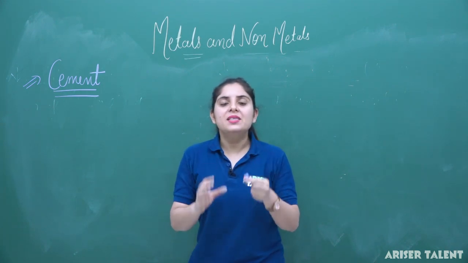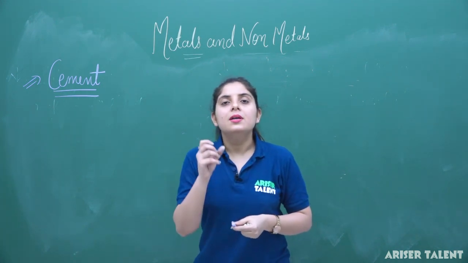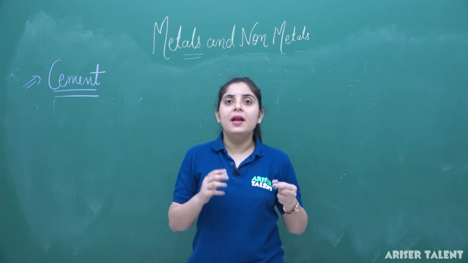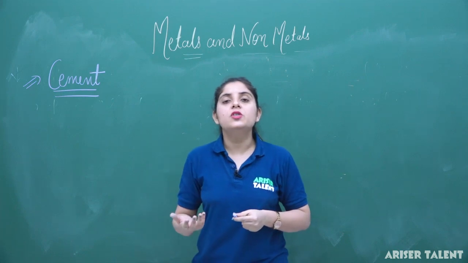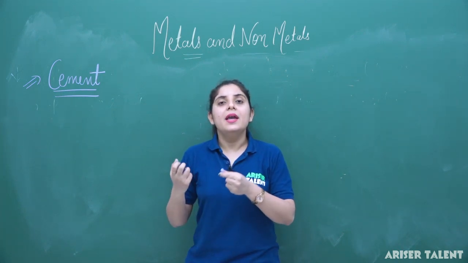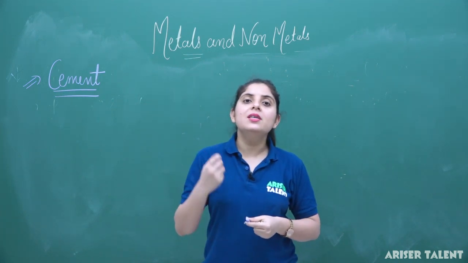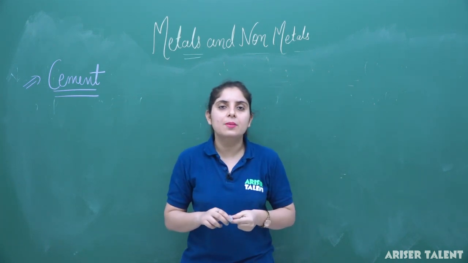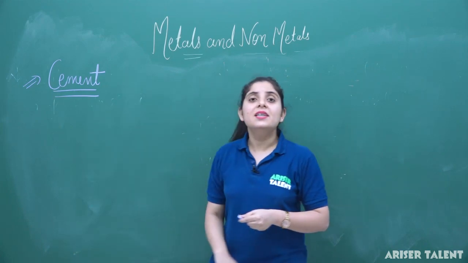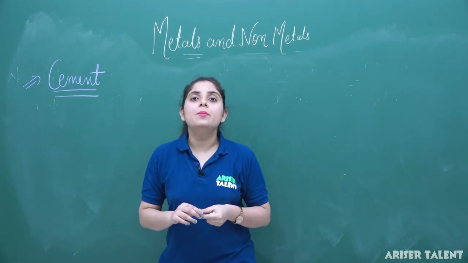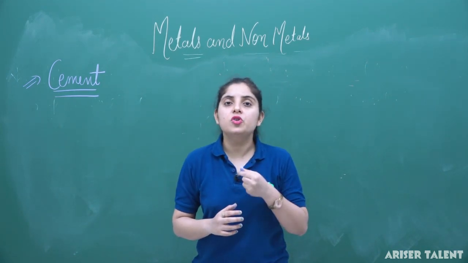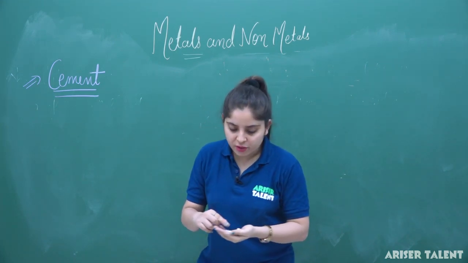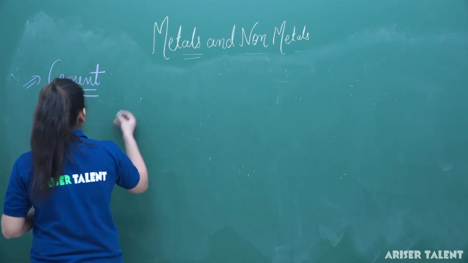Now the basic cement consists of calcium oxide, that is lime, and silicon dioxide, and many types of oxides of iron, aluminium, etc. But Portland cement has a general composition which is standardized for the manufacturing of cement. So we are discussing it now. I am writing here the percentage composition and the chemistry of the cement and the basic steps used for its manufacturing. But before that, we know that